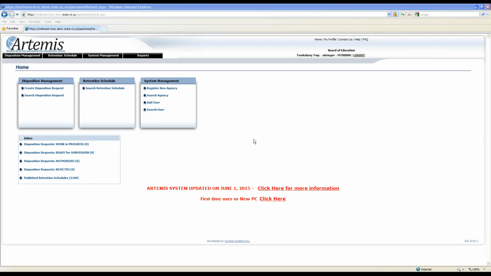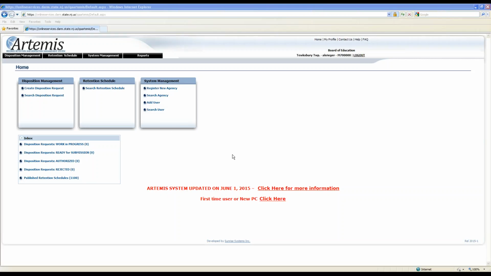Danielle asks, what if the records in my office are copies of records that are kept in another office? Do we have to submit them this way or can we destroy them outside since they aren't originals? Very good question, Danielle. There are some record series where you'll see a record series number for original and a record series number for copies. If you have 2 record series numbers and one says copies, then you have to request disposal of that record.